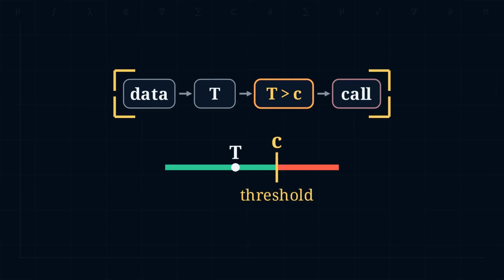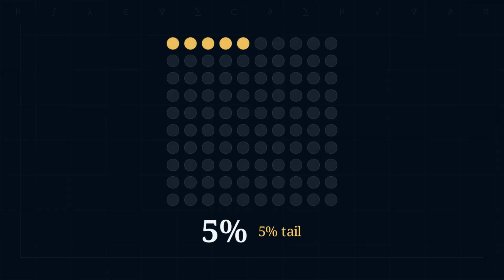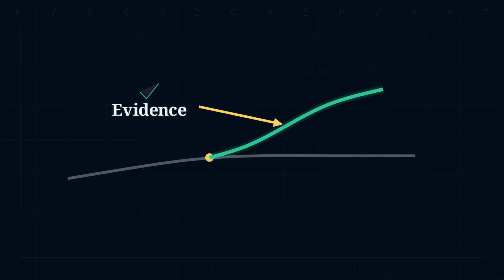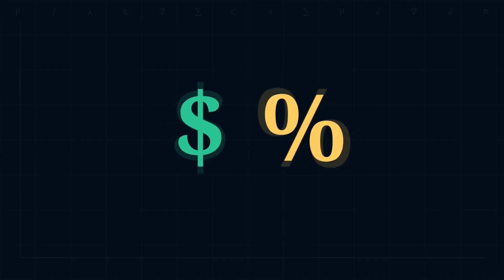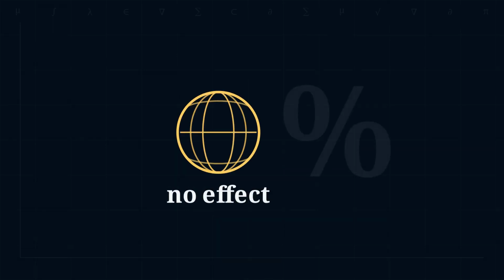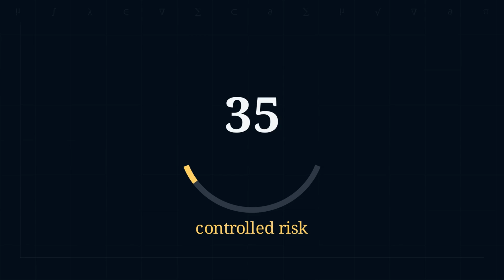In practice, you set a threshold that says, if this result would be this rare, or rarer under no effect, I will call it evidence and change my behavior. A classic choice sets that rarity near 5%. That sentence has a concrete cost baked in. It means that even if the world has no effect, sometimes your rule will still shout win, roughly at that rate. You do not get certainty. You get controlled risk of being fooled, and you accept it knowingly.